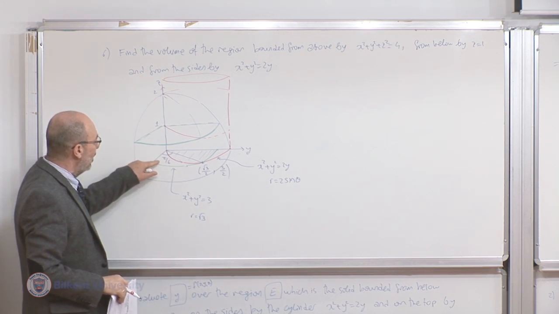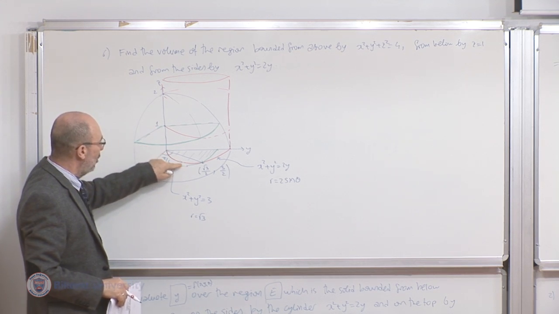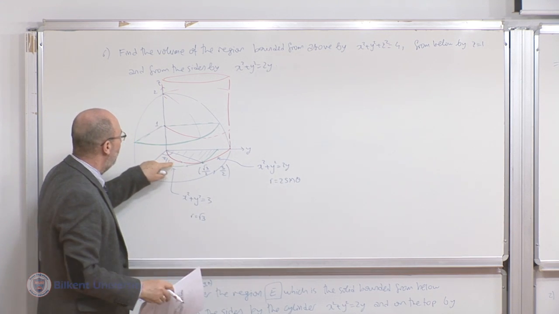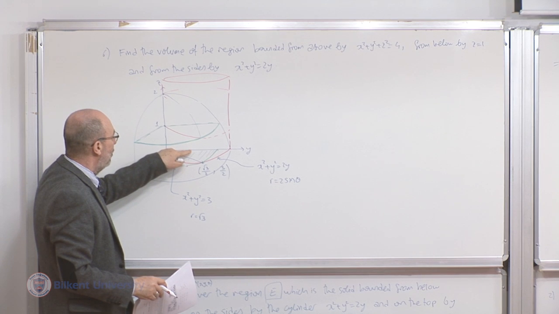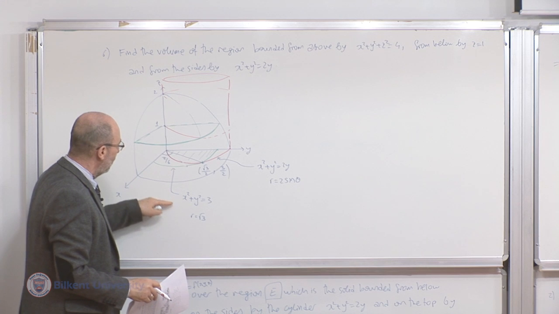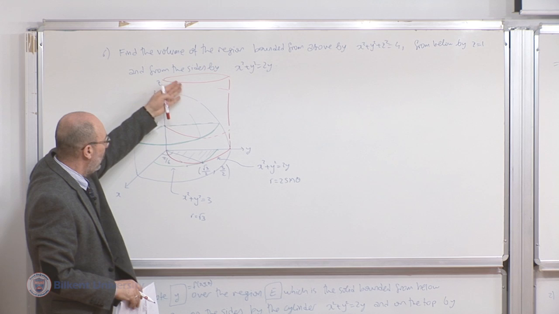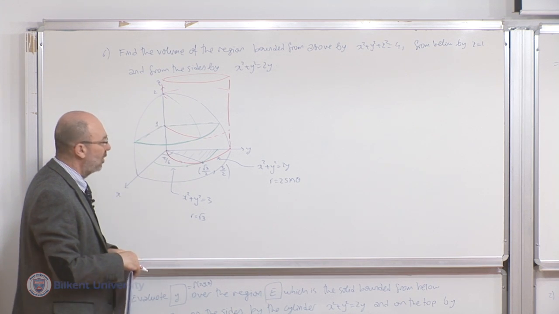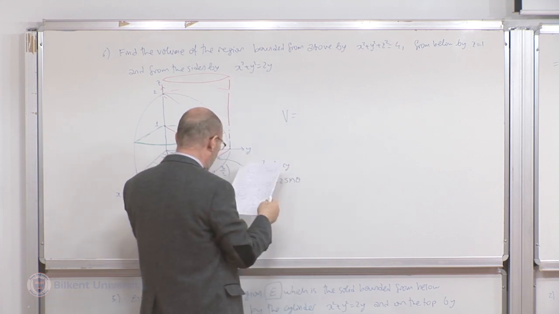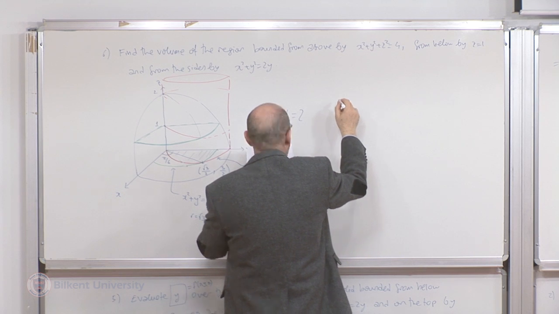So when theta is between 0 and pi over 6, the description of r is from 0 to 2 sine theta, this red one. From pi over 6 to pi over 2, it leaves along the green circle, which is r equals square root 3. And this is symmetric on the other side, so I can multiply everything by 2. So that's the volume. Volume is equal to, I'll multiply by 2, so I have two integrals. The first one,